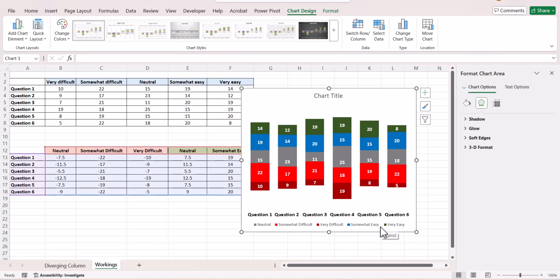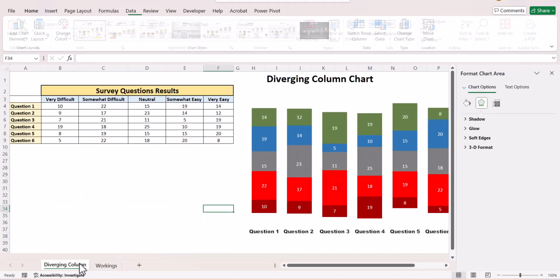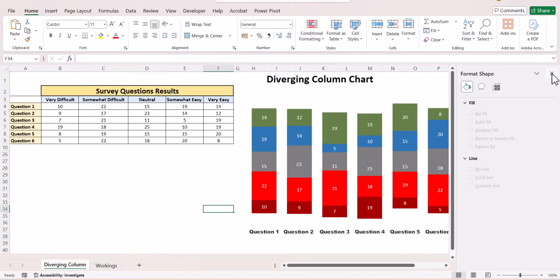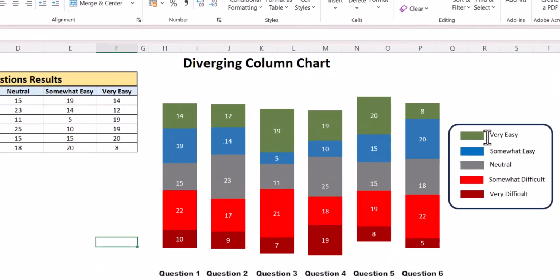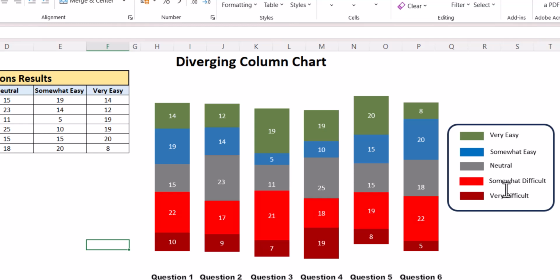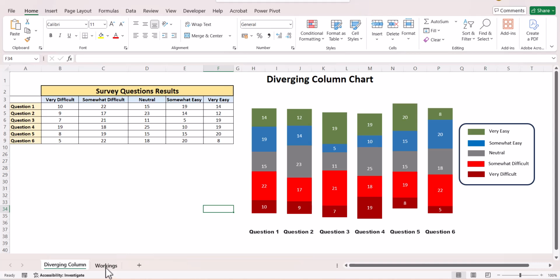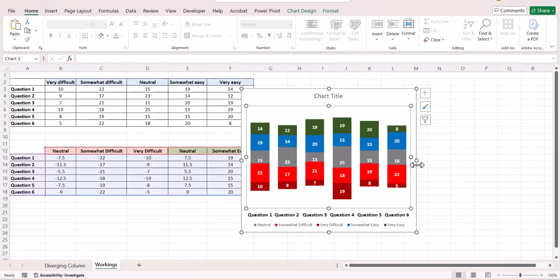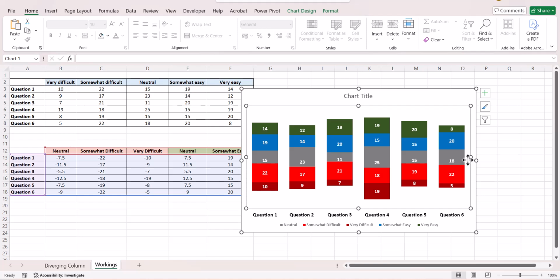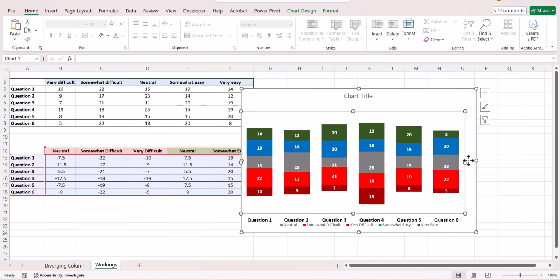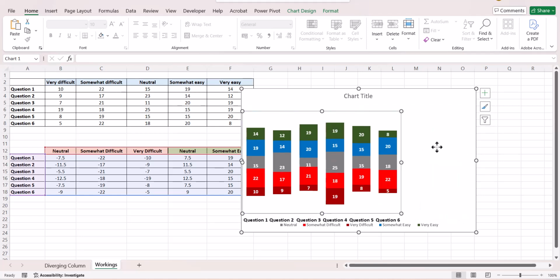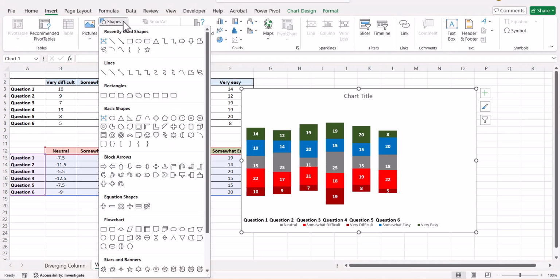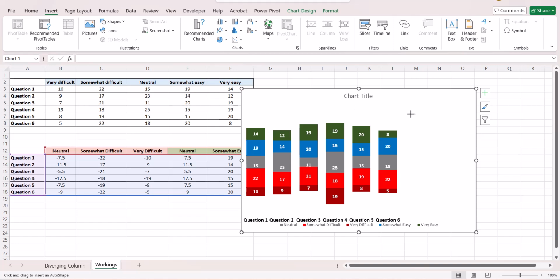Or what I did in my example, I have manually created a legend. So if you see here in the example which I showed, there is a legend here and I have written what these legends represent. It is very easy to create. What you need to do is make your chart a little big. You need to just give it a space over here. Then go to insert, then go to shapes and